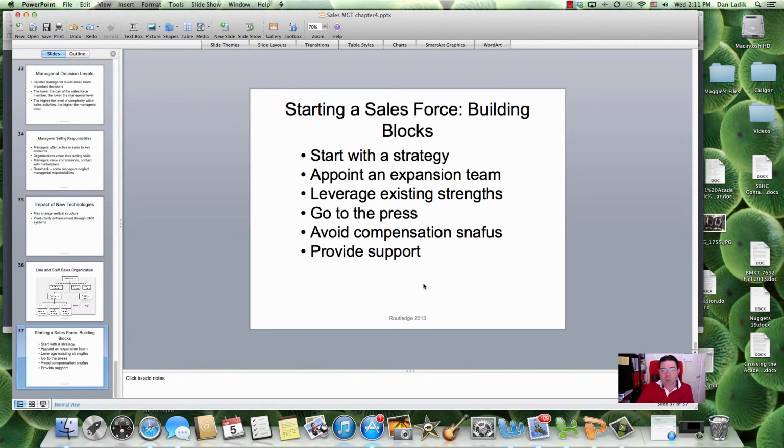It could be the case that you don't need a geographic and you could go with product because there's only so many buyers of locomotive engines. So it's more product oriented.